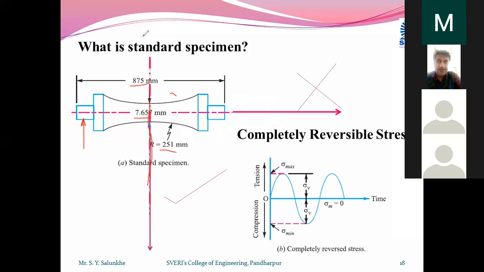Okay, so what we are going to do is, first of all, apply 10 Newton and check whether the specimen is going to sustain an infinite number of cycles or not. What value of infinite number of cycles are we going to consider? Roughly it will be 10 to the power 6. If the specimen sustains 10 to the power 6 cycles, then we say those cycles have become an infinite number of cycles.